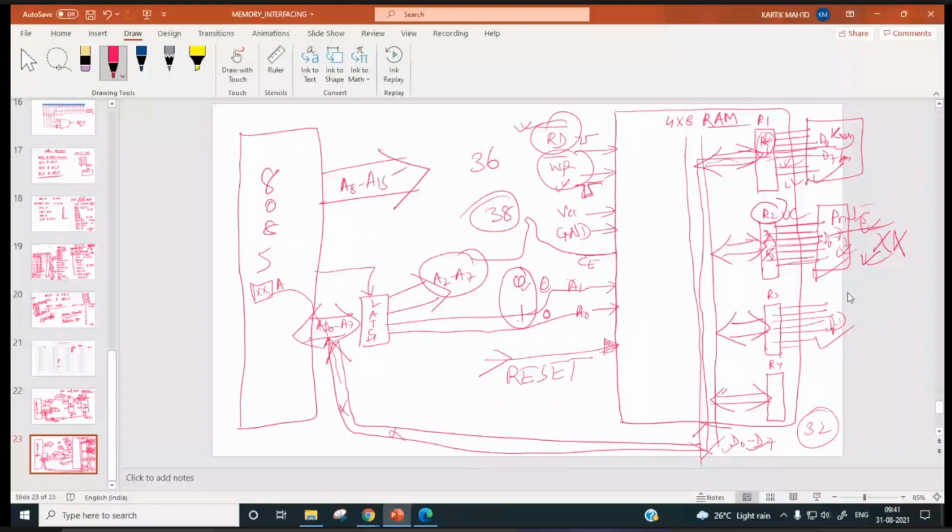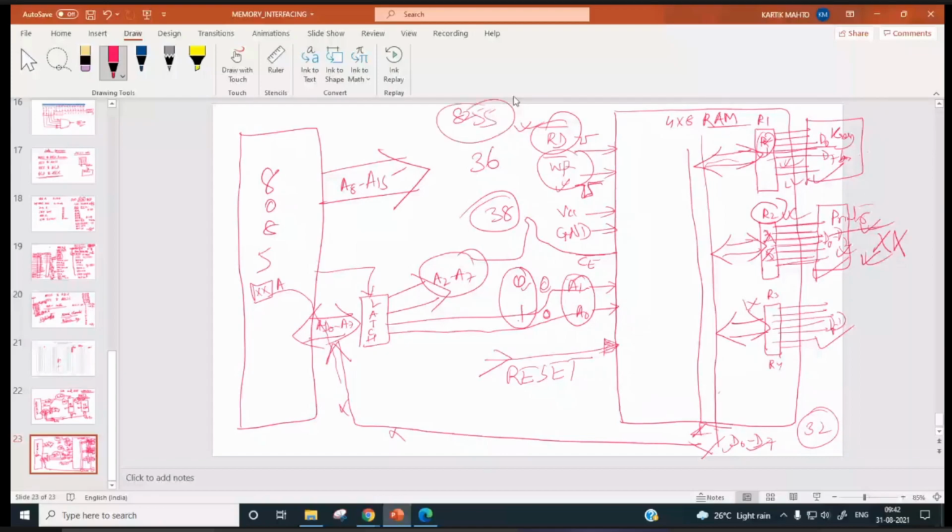In fact, only 2 bits are enough for addressing 4 different locations. 2 address pins are enough for addressing 4 different locations: R1, R2, R3, and a control register, which is there in 8255. So that control register will be addressed by one of the addresses. So A0, A1 will be addressing 4 different locations.